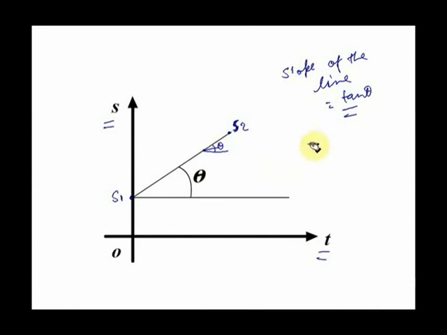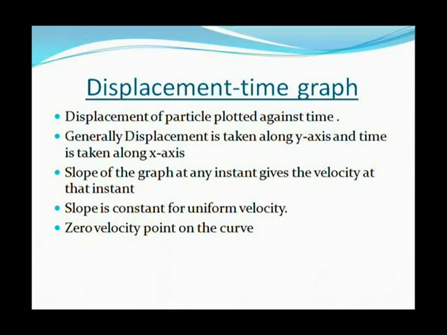So here we have a constant slope graph, which indicates that the velocity is also constant, since velocity is given by dx by dt, and dx by dt is nothing but the slope of the displacement time graph. So if the slope is constant, it means that velocity is constant. Whenever the displacement time graph is a straight line, it would imply that its slope is constant, which would imply that its velocity